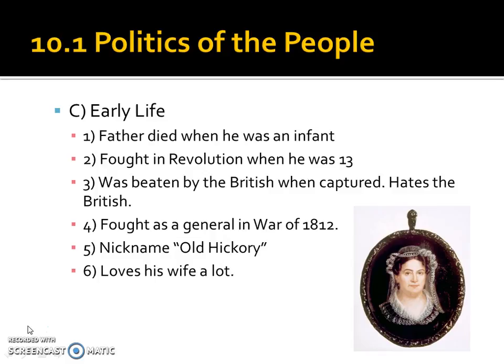So he, of course, will fight the British in the War of 1812 during the Battle of New Orleans and become the most famous American and a war hero during this time period. Later he will accidentally, with quotes in the air, invade Florida under James Monroe's tenure in office and help get the Adams-Onis Treaty signed. His nickname will be known as Old Hickory, and he really loves his wife a lot. He actually will end up making his wife's ex-husband flee to Mexico because he's that terrified of Andrew Jackson.